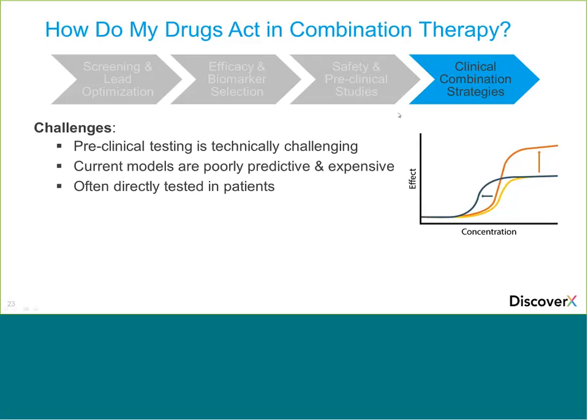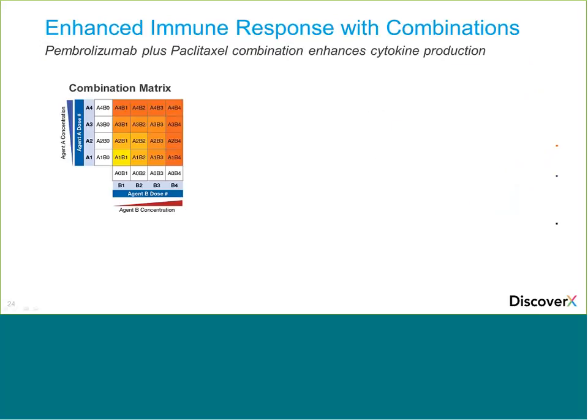So that leads us to a point where these combinations are often tested directly in patients, which is not an ideal environment. So to address this challenge, we developed a ComboElect platform, again using our BioMAP systems,